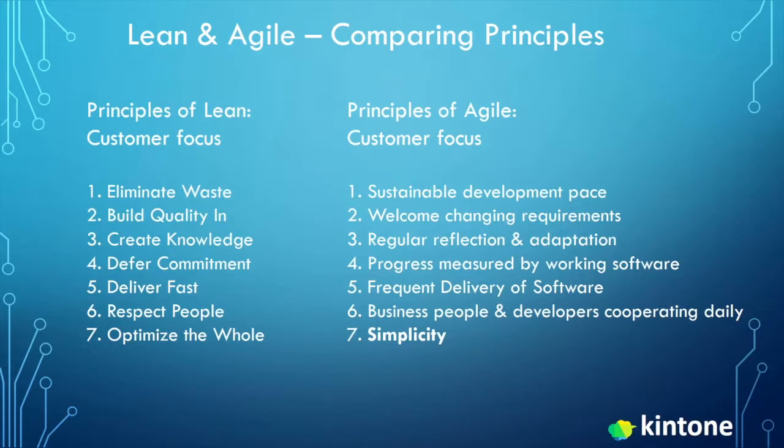Building quality in, we're talking about agile, about welcoming changing requirements. So you need to have a platform that can quickly change as requirements change, right? You're modifying at the speed of business, and you need to have a software solution that can do that. Creating knowledge on the lean side, reflecting on a regular basis and adapting. Again, reviewing what's going on, generating that knowledge based on how the process is working, how the solution is working, and what's changing in the business, what's changing with individuals, how the team is changing, how the data is changing, how the process is changing. All those things need to be reflected upon and adapted to stay in an optimal